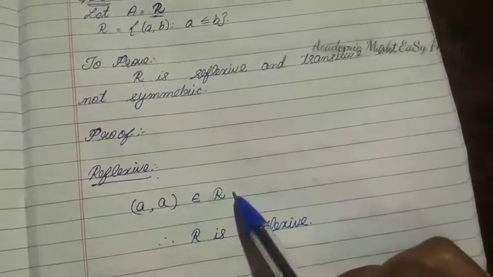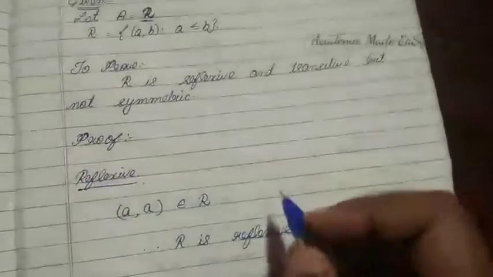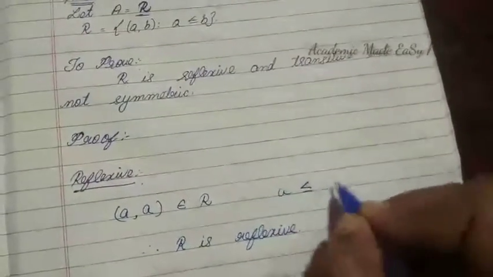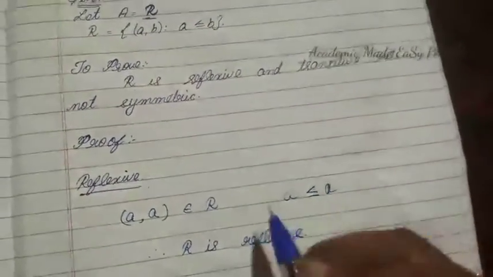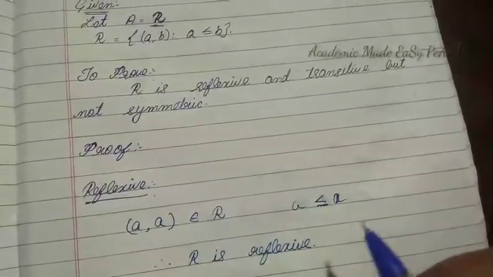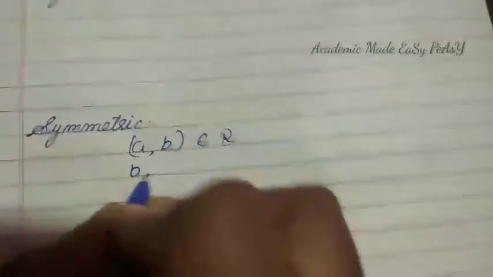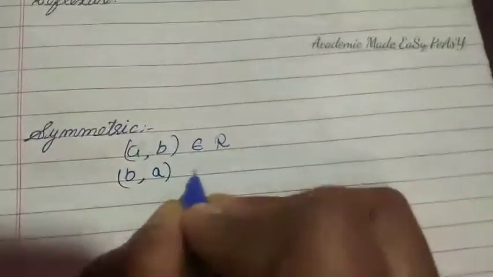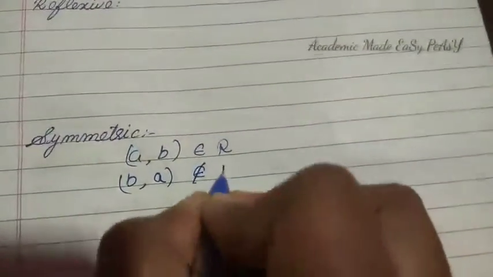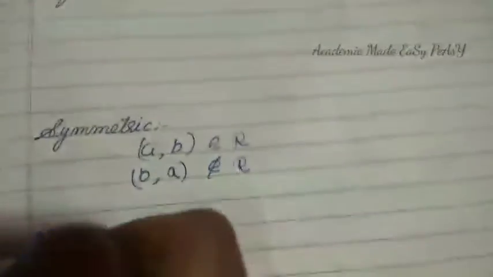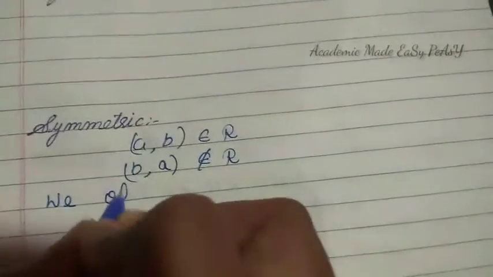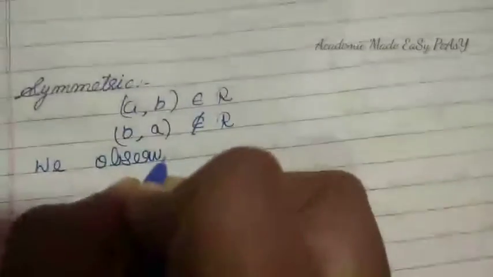So in reflexive, (a, a) belongs to R. Why? Because a can be less than or equal to a itself. So it is equal, isn't it? So one condition is proved. So it is reflexive. Okay, so symmetric. So (a, b) belongs to R. Does (b, a) belong to R or not? Does not belong to R, because we observe here. You have to write, we observe